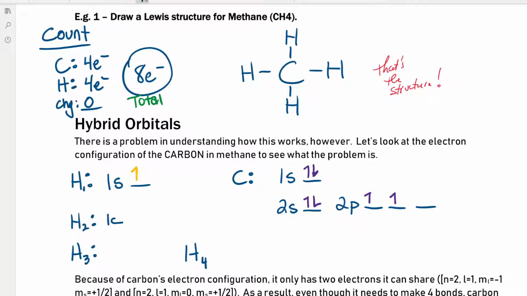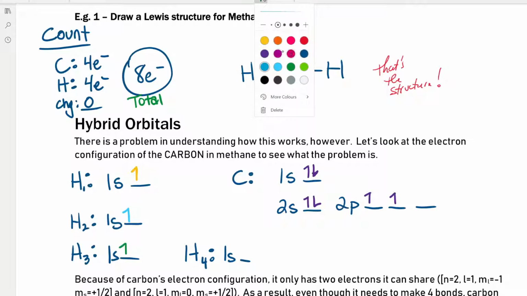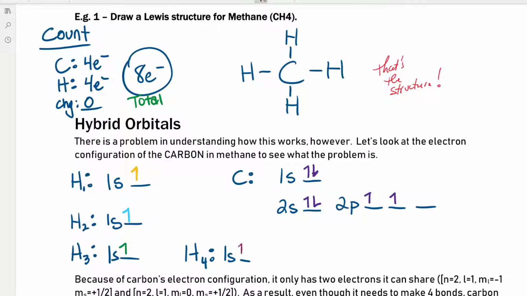So the first hydrogen has a 1s, the second hydrogen has a 1s, and the fourth hydrogen has a 1s. And I'm going to use blue for that, and I'm going to use green for that, and I'm going to use, oh, I don't know, purple for that. Great, there we go. So the problem is this. When they go to bond,